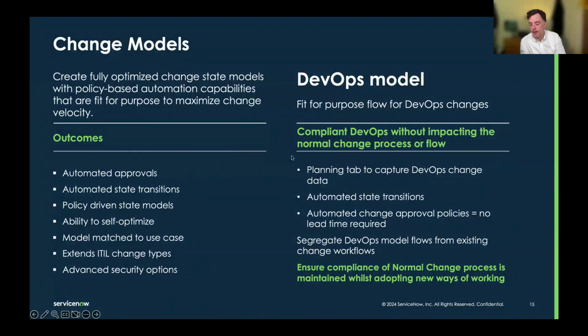customers to do. And then you have change raisers, right at the other end, who are agents who are raising changes day to day, or automatically raising changes because they're running pipelines. And that's the other group.